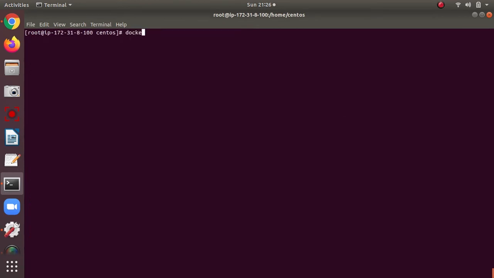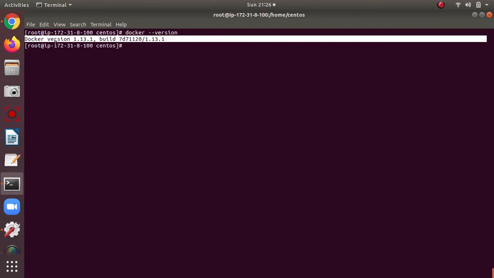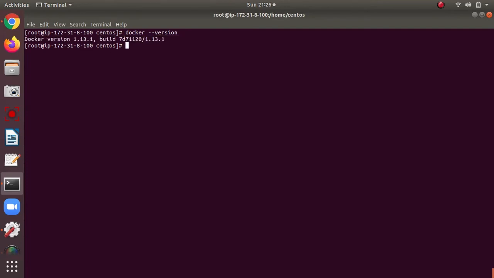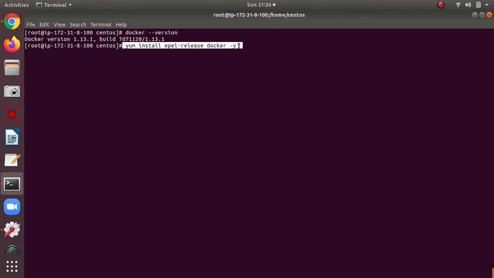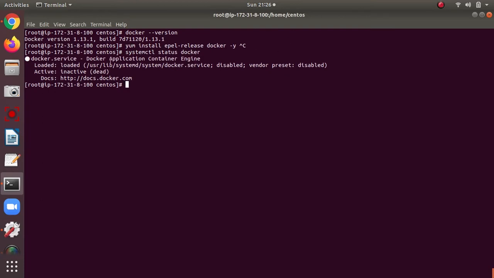If I check docker --version, yes, it is already there. So you can see there is only one command to install and set up Docker. After that we have to run systemctl status docker. It is in inactive mode, so we have to enable and start the service.